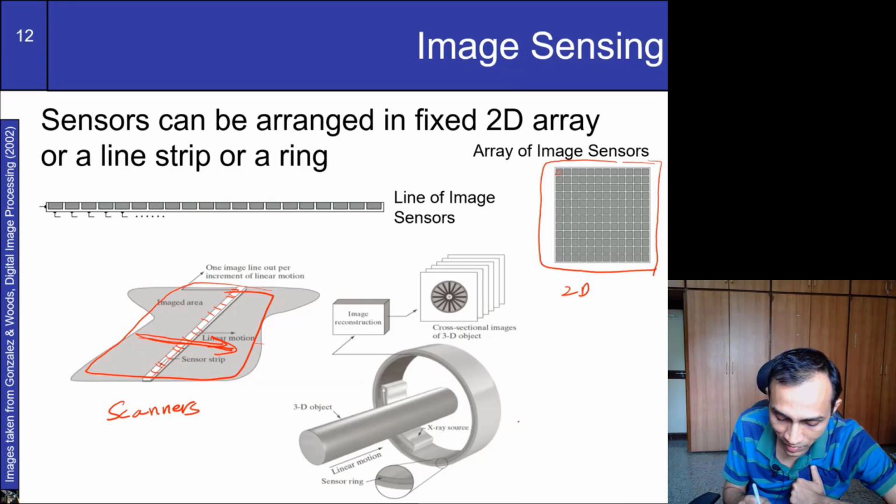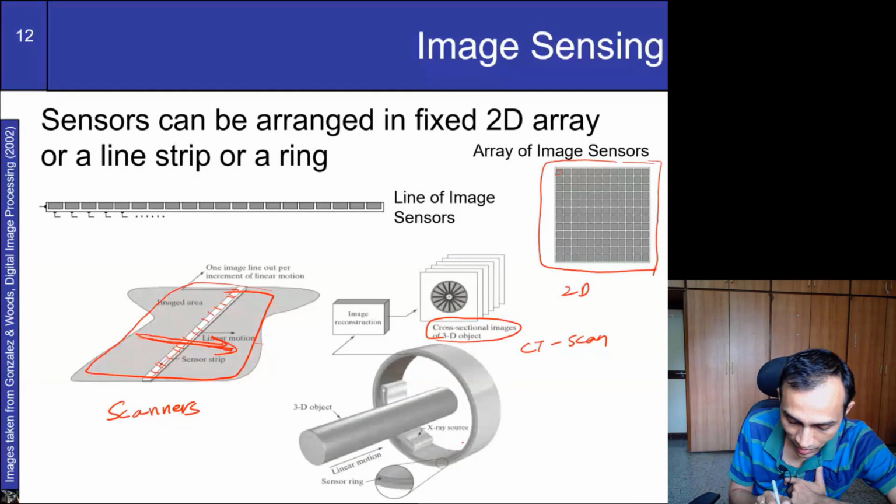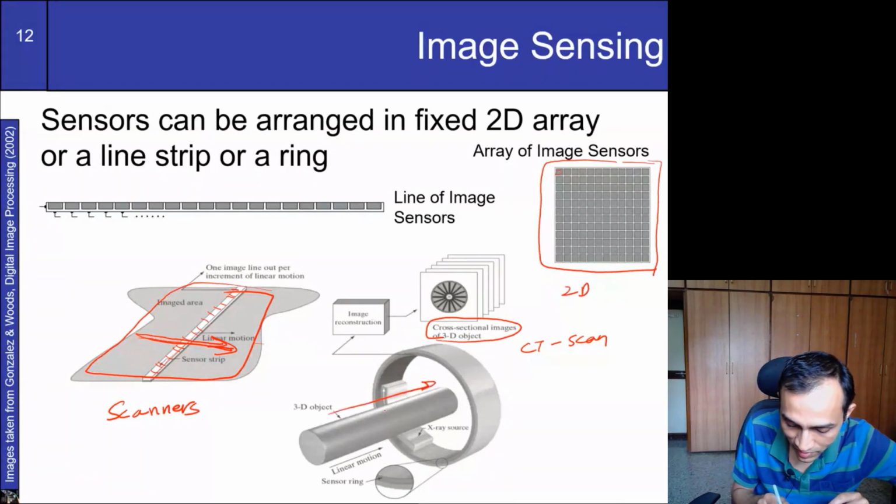In your medical imaging devices, generally where you need a 3D cross section of the image, for example in your CT scan and other kinds of things where you take a 3D cross section, there may be a different arrangement of the sensors. So for example, in one of these brain imaging devices, generally we have this circular sensor array. We have this sensor ring. The sensors are coated on the inner side of this ring, and the object which has to be imaged is moved inside this ring,